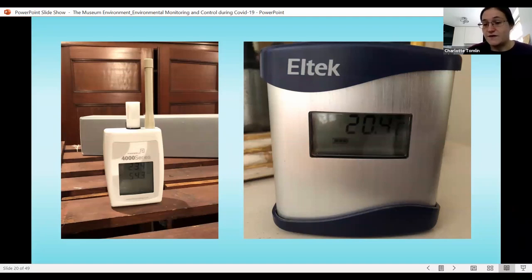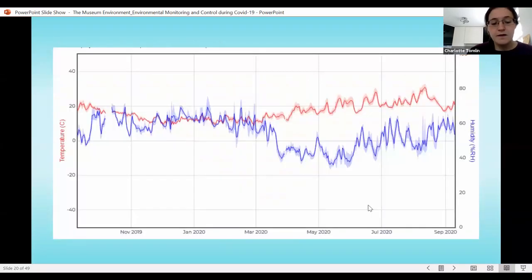For all the monitoring devices so far mentioned, there is a need to maintain them to keep them in working order. This includes regularly changing batteries and regularly calibrating about once a year to make sure the data they collect is accurate and reliable. So data loggers and telemetric systems will give you an electronic graph that looks something like this,